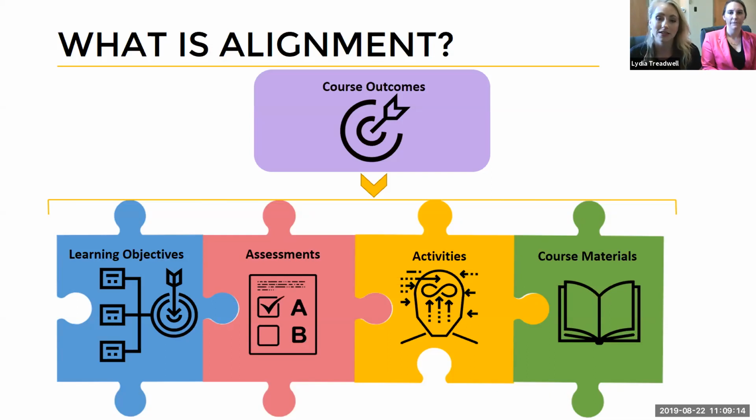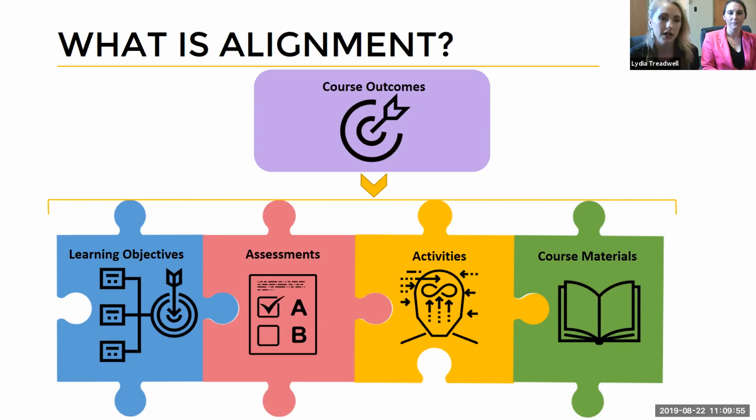And if you're teaching a course that's aligned, it means that your stated course goals and learning objectives function in harmony with the activities and assessments that are given to students. It makes sure that the students have accurate expectations about what will be taught and what they'll be assessed on in the course. And on the flip side, as an instructor, you are making sure that you have a legitimate line of evidence to assess whether or not students have achieved those larger course outcomes and even the objectives. So it basically just keeps you and your students on the proper path to get to that final destination.